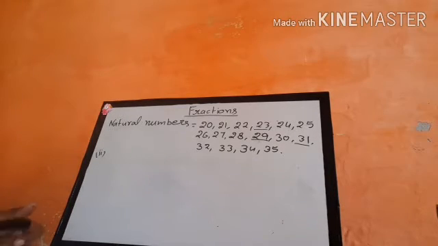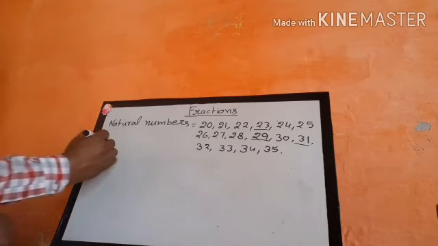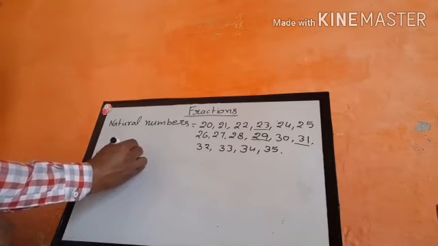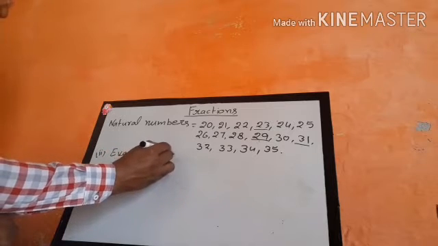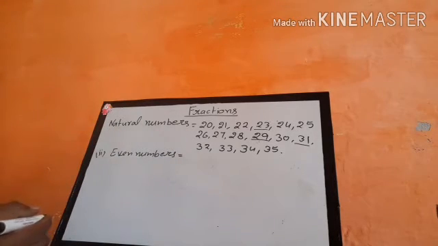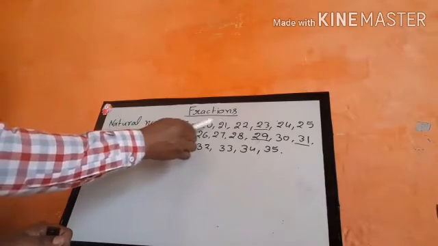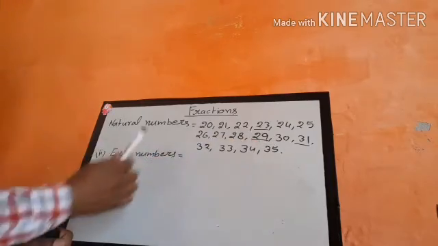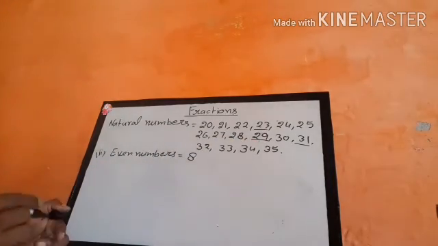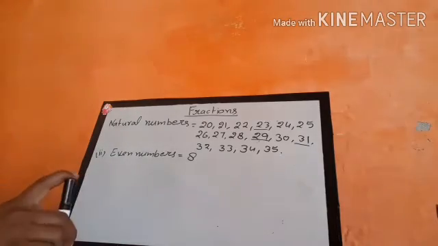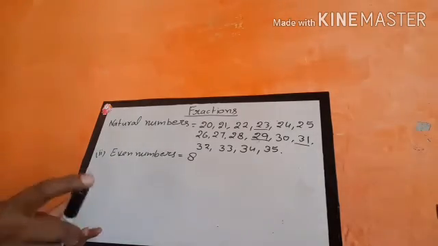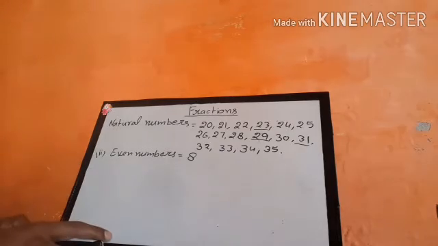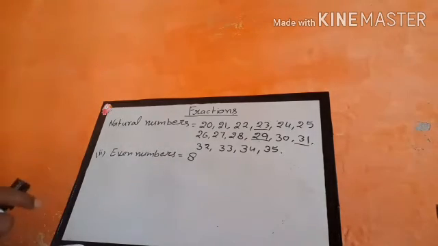In the second section, they are asking about the even numbers. So let's find out how many even numbers there are. So 1, 2, 3, 4, 5, 6, 7, 8. Total 8 even numbers are there. Do you know, guys, what an even number is? If you know the answer, then send your answer as a voice message into the group. I will listen to it. Okay, this is for you.